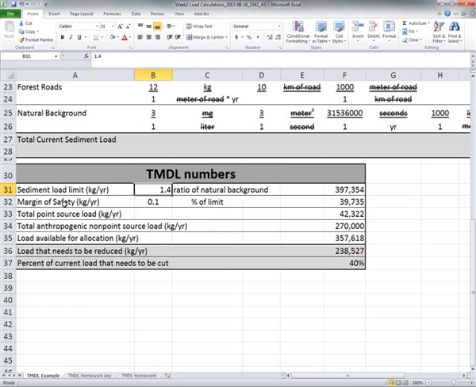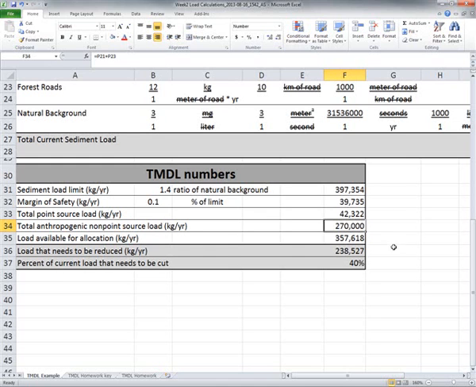A margin of safety is used in the TMDL, which is typically 10%, and so this simply references the load limit and takes 10% of that, and then the total available amount of sediment that I can allocate to my human point sources is the load limit minus the margin of safety. So that's calculated here, and I've totaled up what my point sources are from above and my anthropogenic non-point sources,